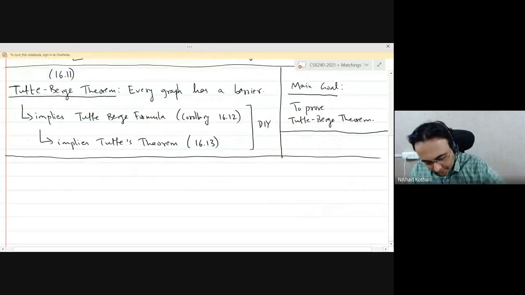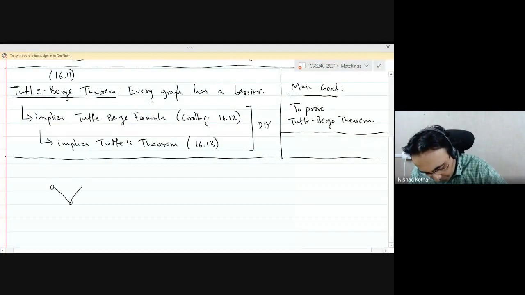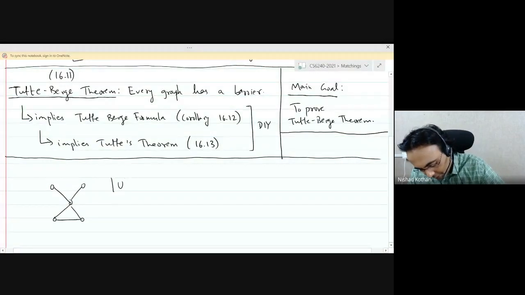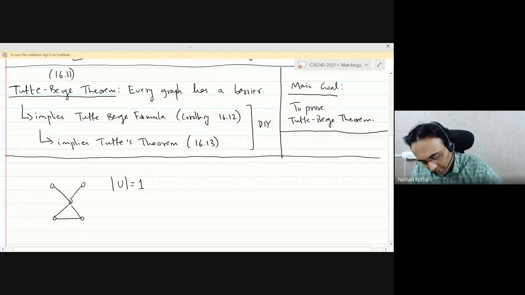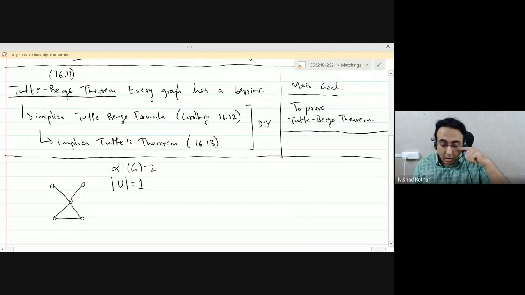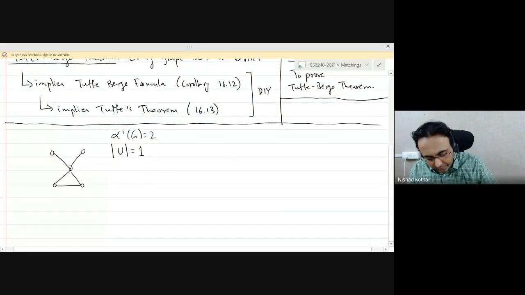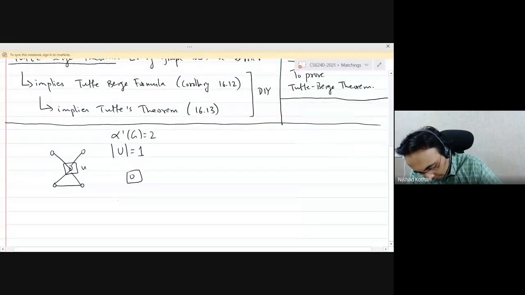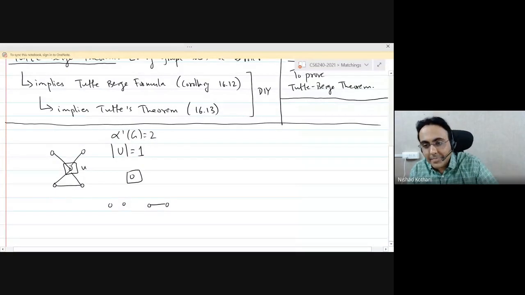Just to give you a quick example, in this graph, the number of unmatched vertices in any maximum matching is equal to 1, right? Because the maximum matching here has size 2. In particular, if you delete this vertex u, I think this is a barrier, because what you get in the remaining graph is 2 odd components and 1 even component, right?